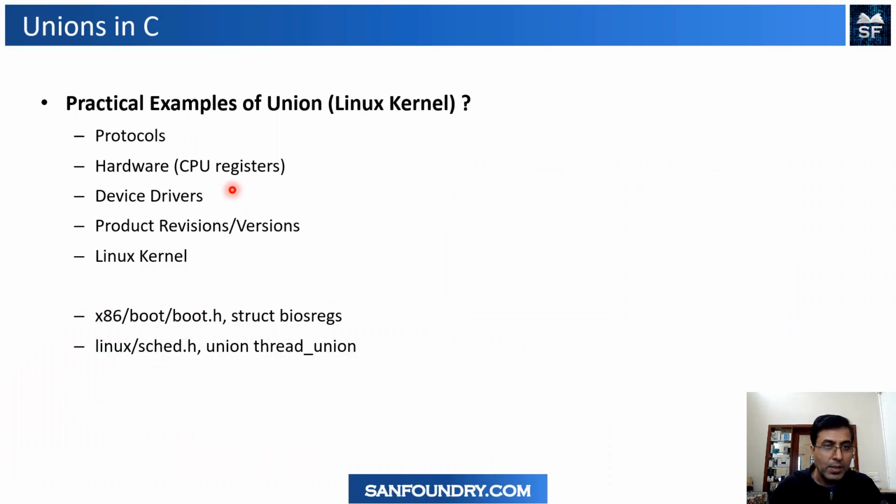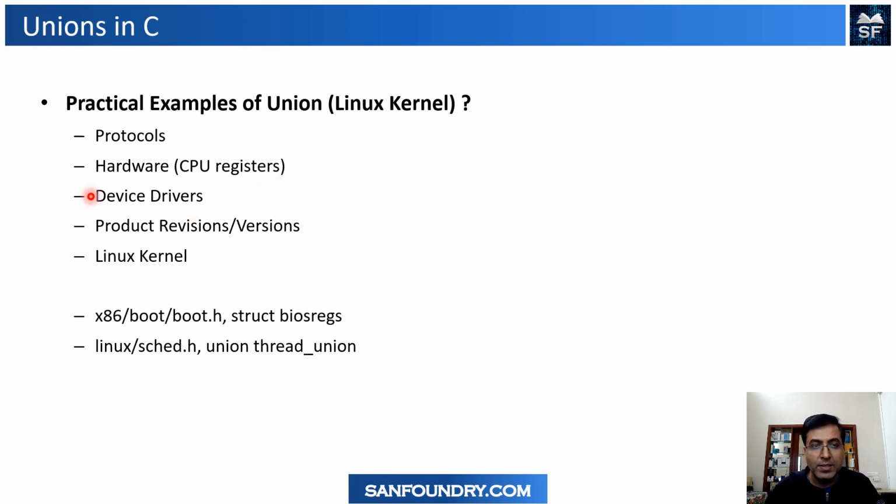Okay. So I am sure now you got an idea about the practical example of a union in terms of protocols. So the programmer's life or the system programmer's life is full of unions. Actually, you will see many places. In hardware also we have CPU registers. Some of you who have studied Intel architecture will see registers EAX, EBX, ECX, some Intel registers, or AX, BX, CX, AH, AL, right? So a lot of halves are there, a lot of small components are there.